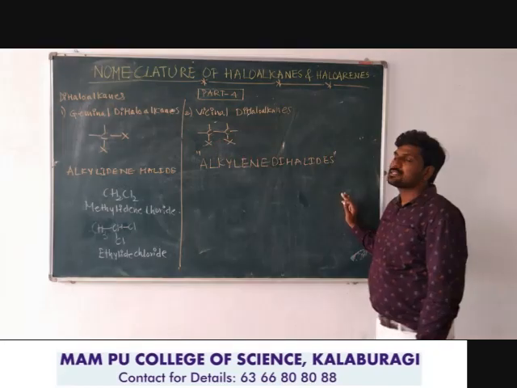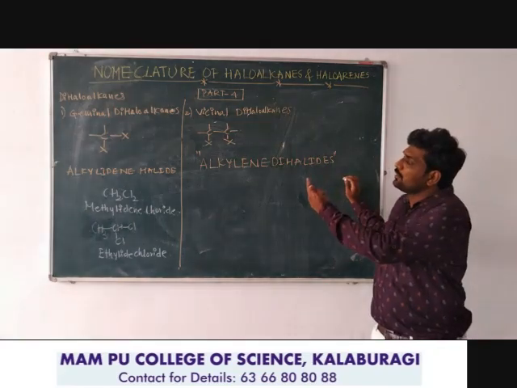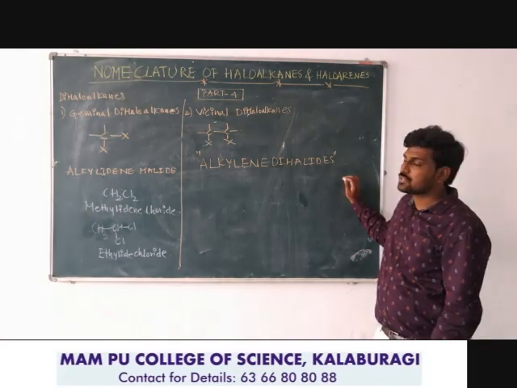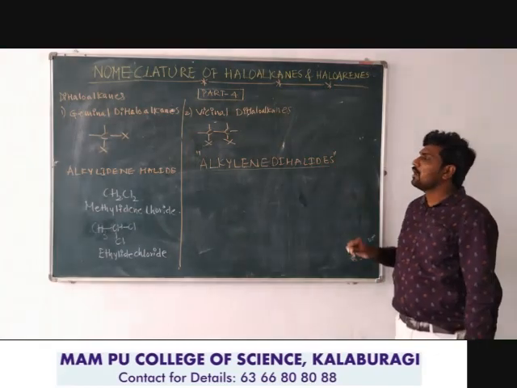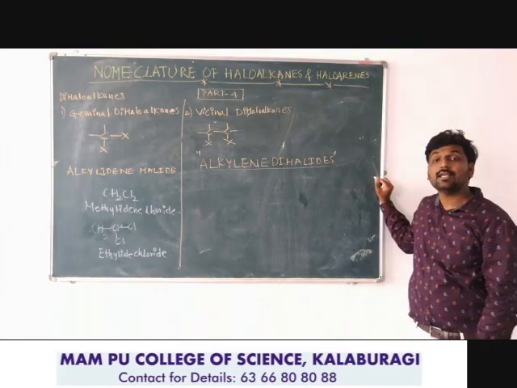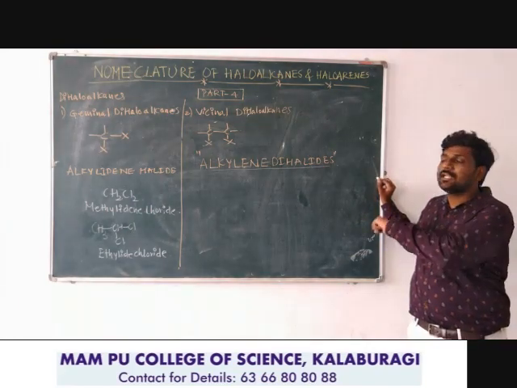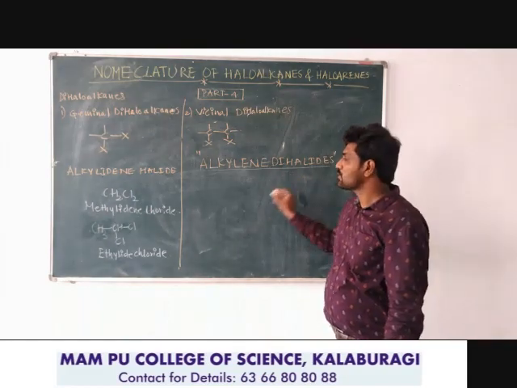The second type of dihaloalkane is where the two halogen atoms are bonded to adjacent carbon atoms. Here these adjacent carbon atoms are containing two similar halogen atoms. For such vicinal dihaloalkanes, the formula is alkylene dihalide. There alkylidene halide, here alkylene dihalide. So this common name formula we need to use.